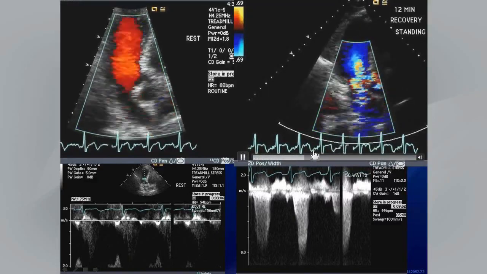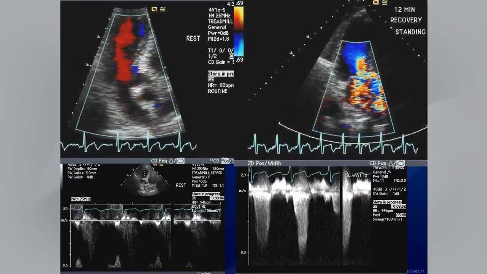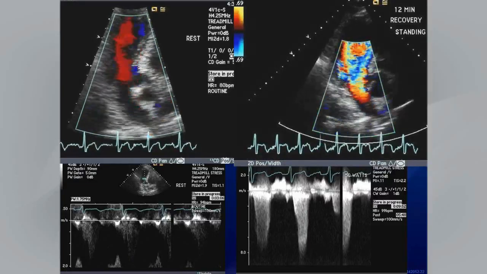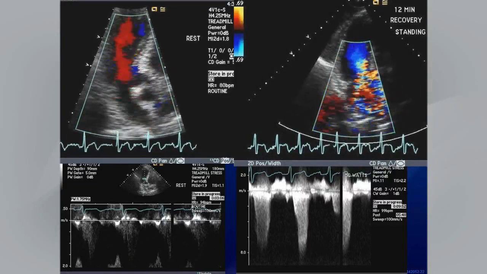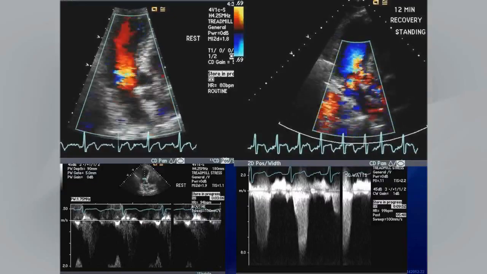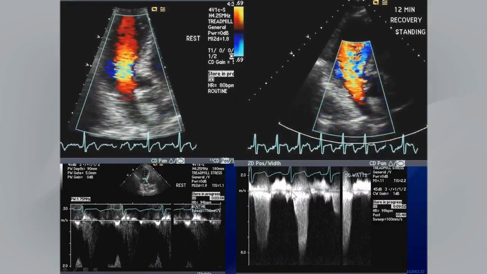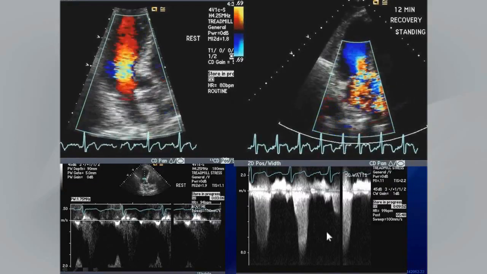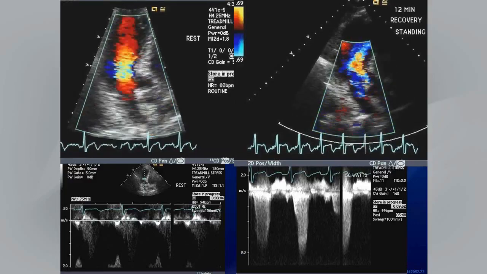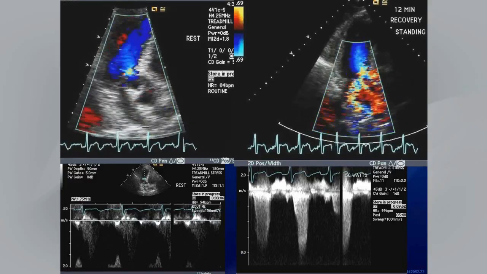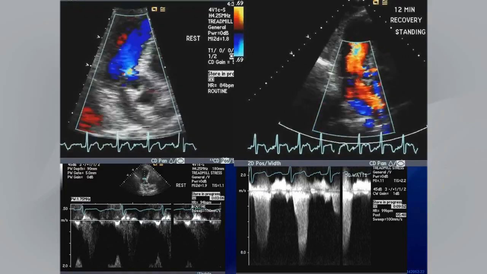But with the stress of exercise, we did our usual stress echo, had the patient lie down, and the patient said, I get the symptoms if I stand up. So we had the patient stand up right then after stopping exercise, and you can see that there's significant mitral regurgitation that develops. The dynamic obstruction appears worse, and this really offers a nice explanation for the patient's symptoms, although you can see that the mitral regurgitation and the left ventricular outflow signals are somewhat blended in this Doppler profile.